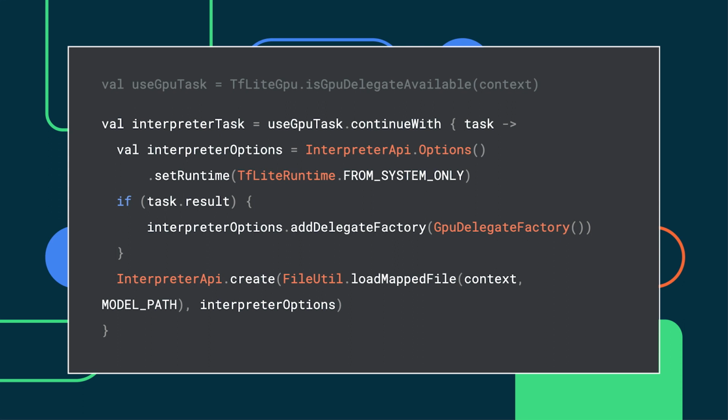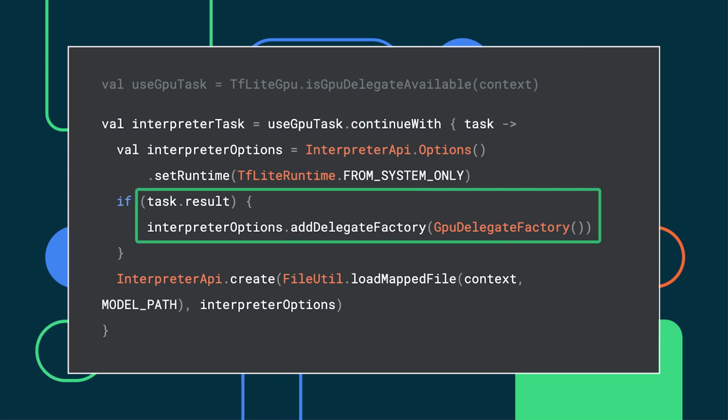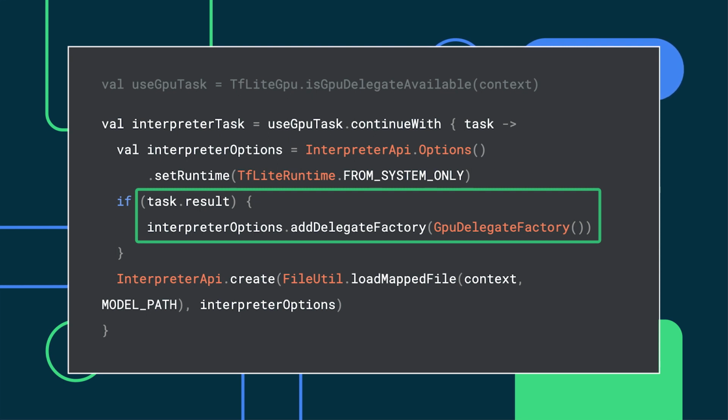GPU delegate is present. If a GPU delegate is available for your device, add it to the InterpreterApi options by calling addDelegateFactory and passing a GPU delegate factory object. Keep in mind that the GPU delegate isn't supported on emulators, even if you created an emulator with the hardware